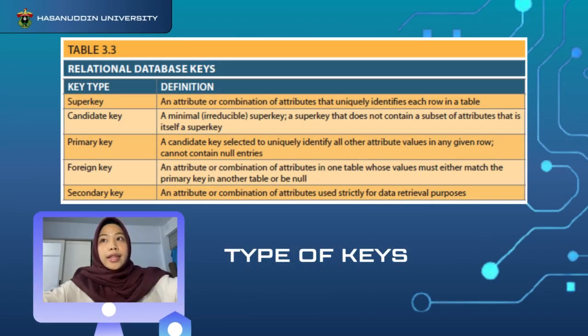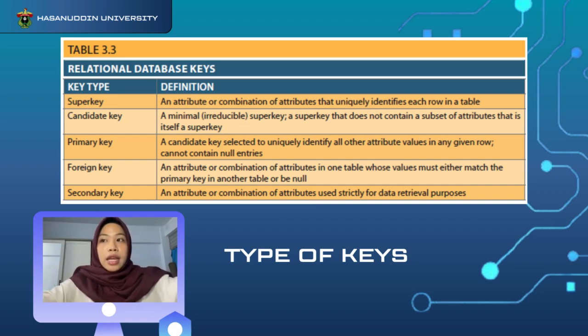On this slide, we can see the different types of keys used in relational databases. The first one is a superkey, which is any attribute or combination of attributes that uniquely identifies each row in a table. Next, a candidate key is a minimal superkey, meaning it has no unnecessary attributes. From the candidate keys, we usually choose one to be the primary key, which uniquely identifies each record and cannot